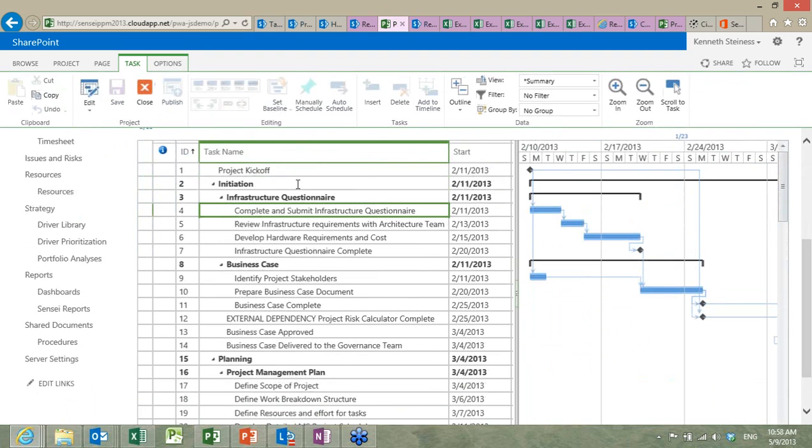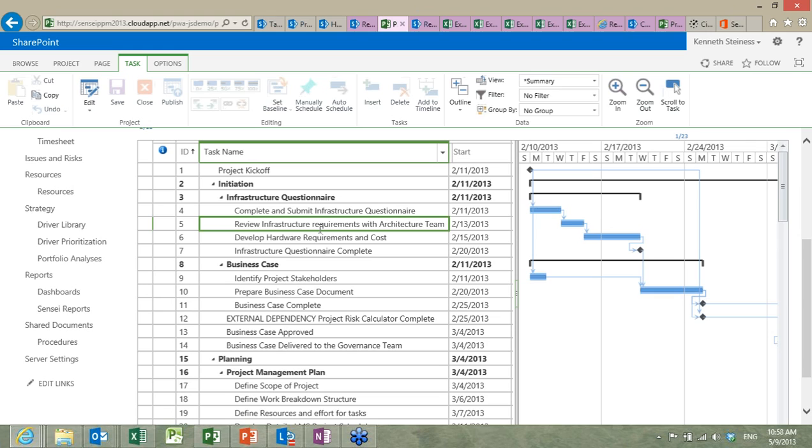With 2013, we're now back to one database, and we have one scheduling engine, so you now have a lot more features and functions directly through the website. Not everything is available through the website yet, but if I edit in the browser here, just let that refresh for me. It's a little bit slow here. Anyways,